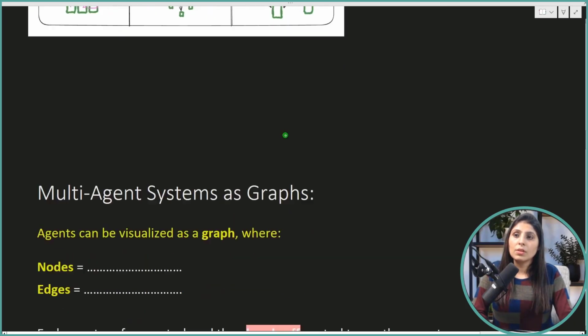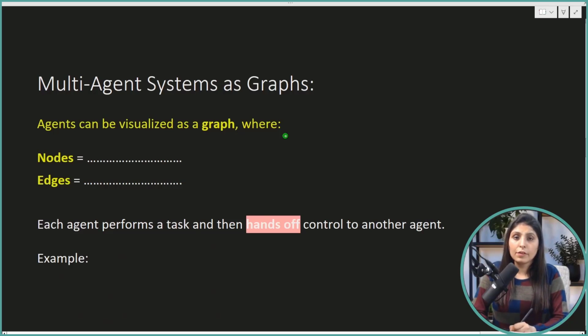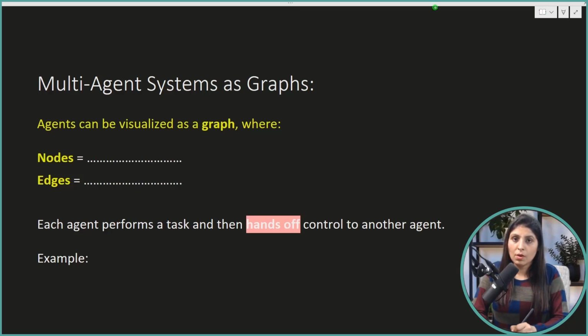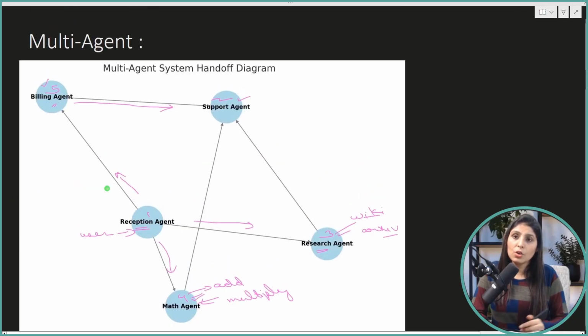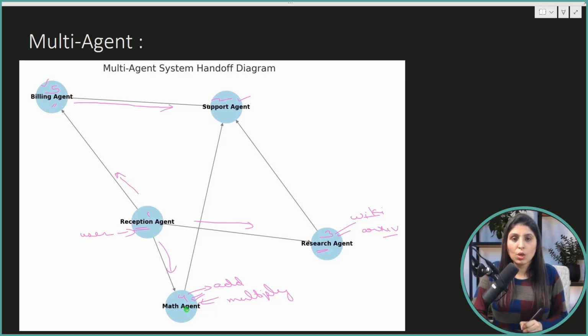Okay. So next thing is, see, in LangGraph, we know that every task is a node. Whatever you want to perform is a node, and the connection between those tasks, those nodes, is called an edge. So in a multi-agent system, in multi-agent chatbots, what are nodes? Nodes are agents. We are going to have multiple agents, right? So all those agents will be nodes. If you go here again, see here, how many nodes do we have over here? We have 5 nodes. So we have 5 agents. For each agent, we are going to have a node.